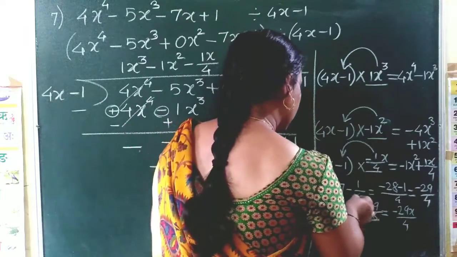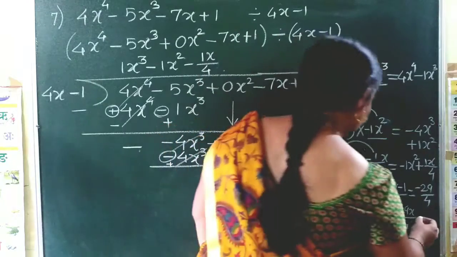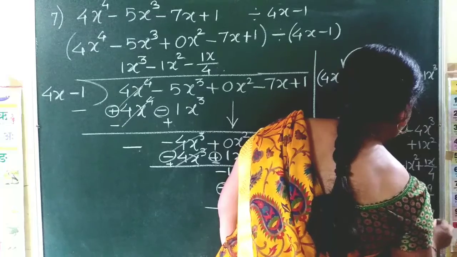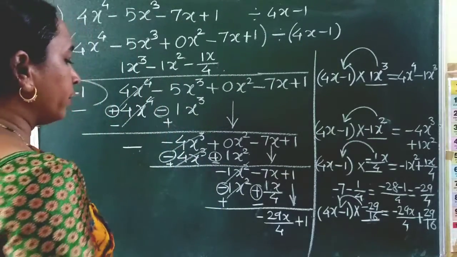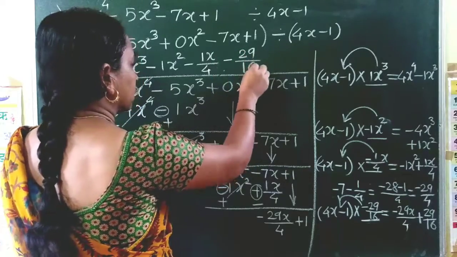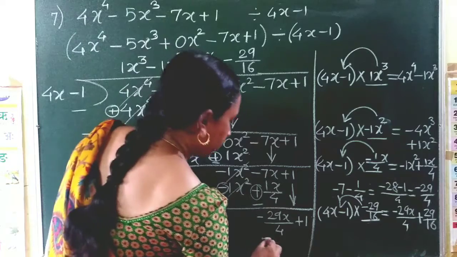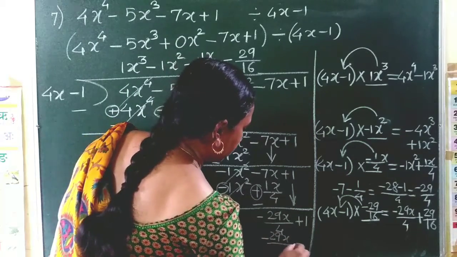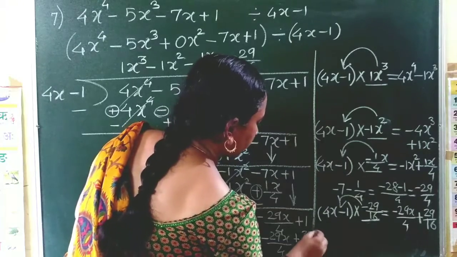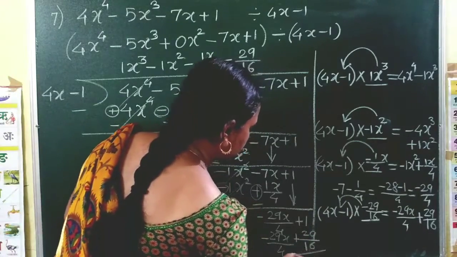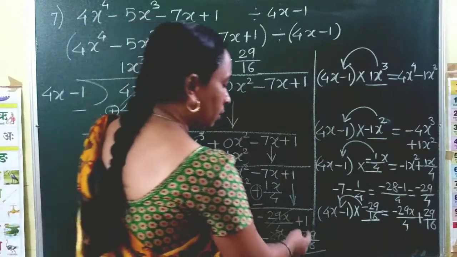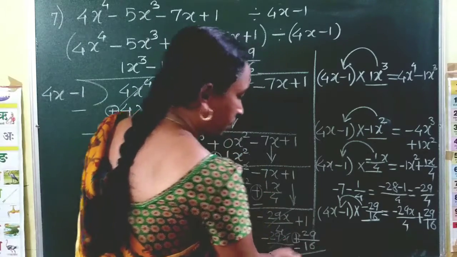We'll multiply these by the second factor. So we'll get the answer minus minus plus 29 upon 16. So now we'll write the next quotient, which is minus 29 upon 16. What is the product? What did we get? Minus 29x upon 4 plus 29 upon 16. So the first term will be cancelled. Here 1 minus, this sign will change. It will become minus sign.